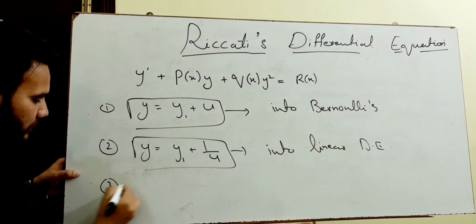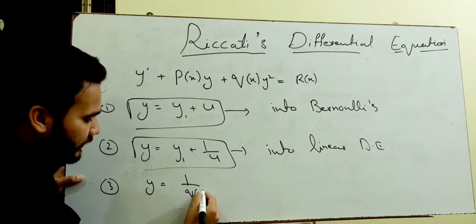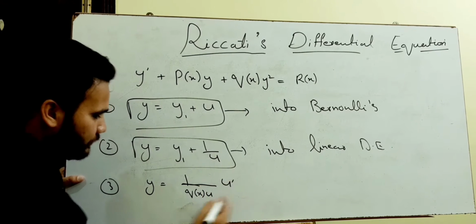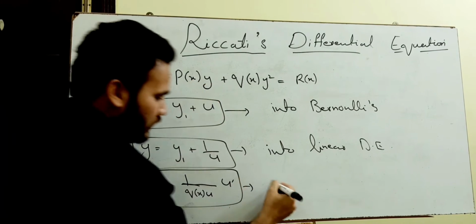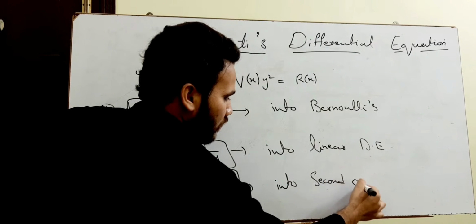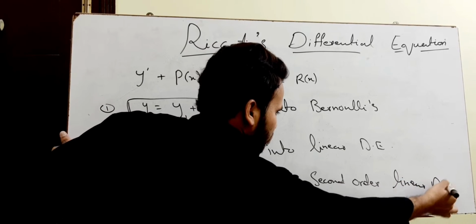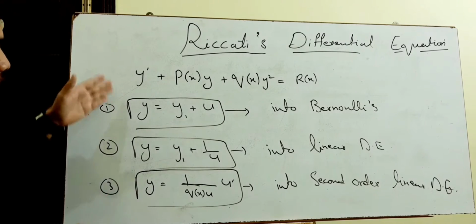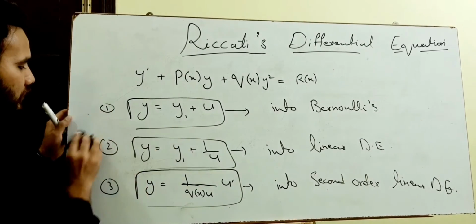And the third one is y equals 1 upon q of x times u prime over u. This substitution will transform Riccati into a second order linear differential equation. So I'm going to show you one by one how these are transforming. So from number 1,